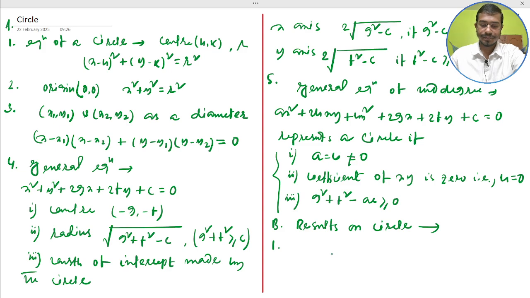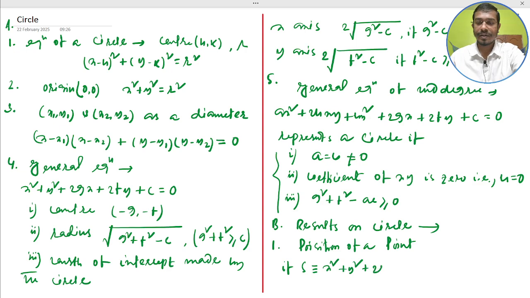Number 1, position of a point. So, if S is equivalent to x square plus y square plus 2gx plus 2fy plus c equal to 0,